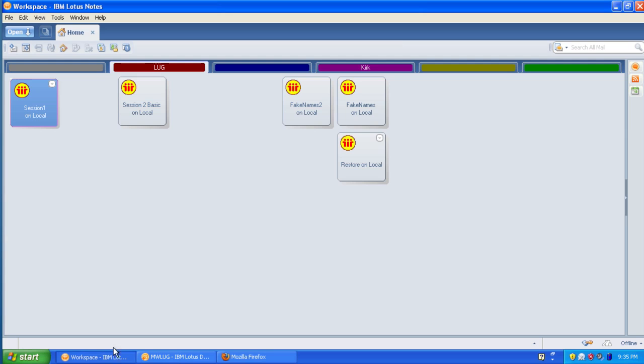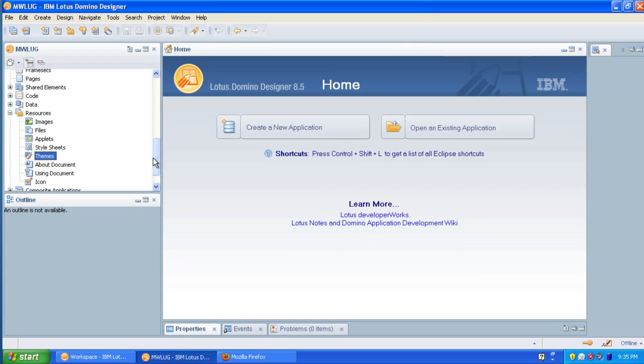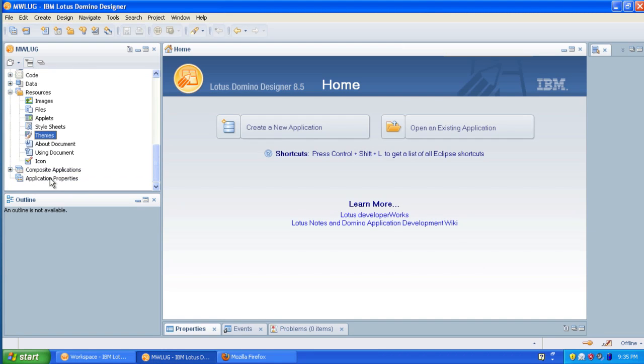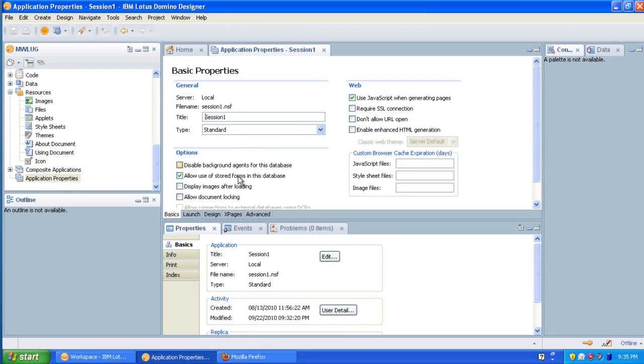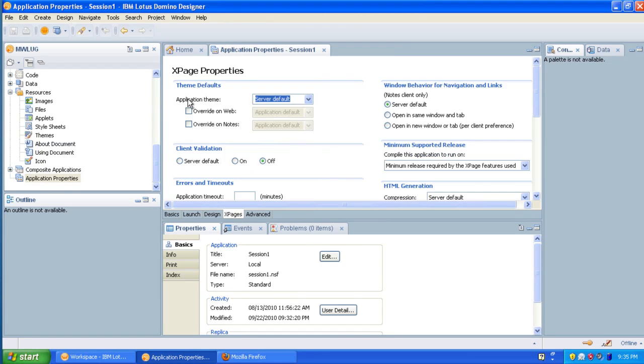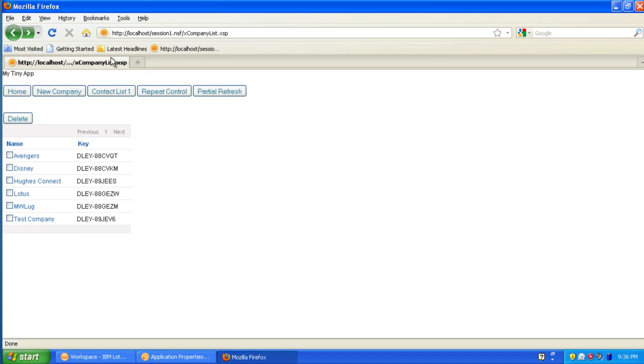So let's see what we can do to fix that up. If I go to our application, into Application Properties, there's a section down here called XPages. If we click on this, the application theme is server default, which really means none for the most part. I'm not a huge fan of One UI, but if we were to type One UI here, we could get some added benefits. So if we save this, and we're using the built-in One UI theme, if we come back to our browser and refresh it,